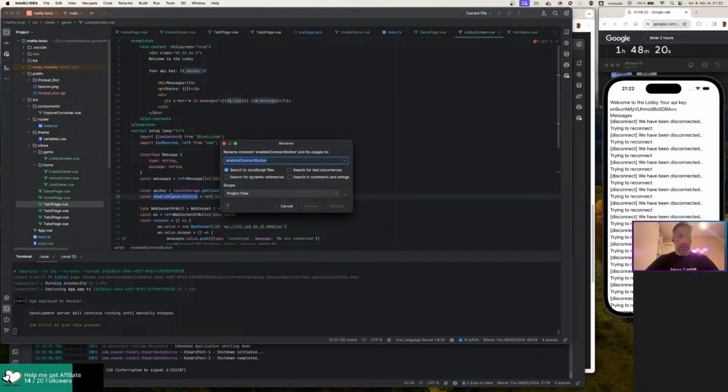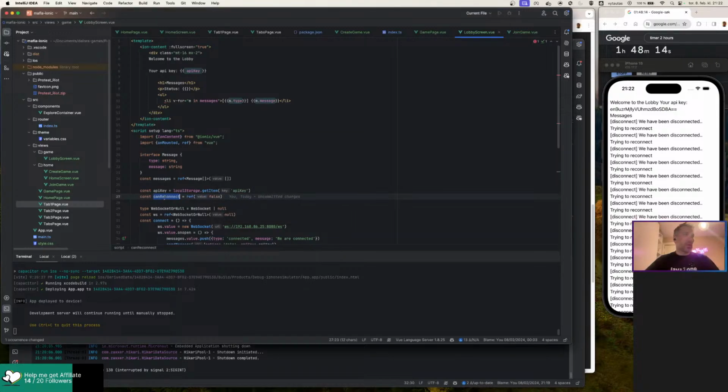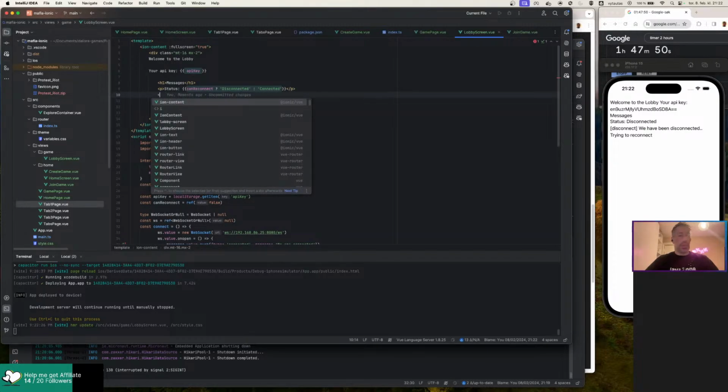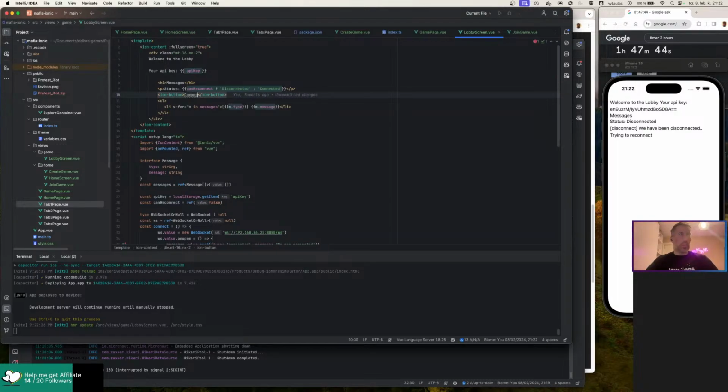Let's rename this. Was a strange name. Can reconnect. Say can reconnect. If we can reconnect, it's disconnected. If we can't, then it's connected. Status disconnected. Then we can do the button, say connect, if can connect,